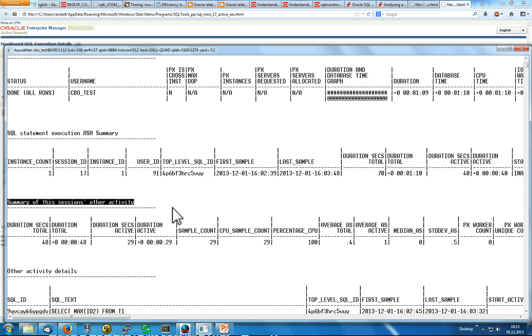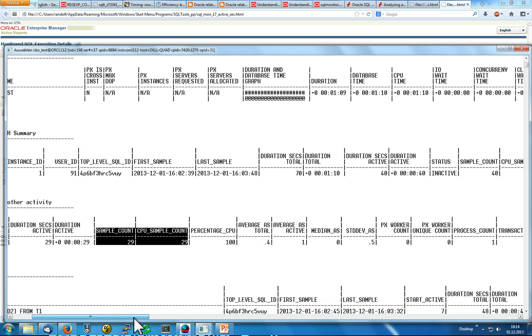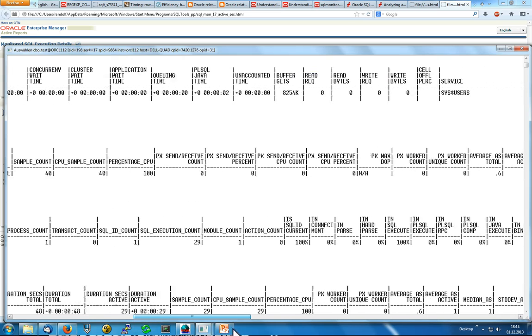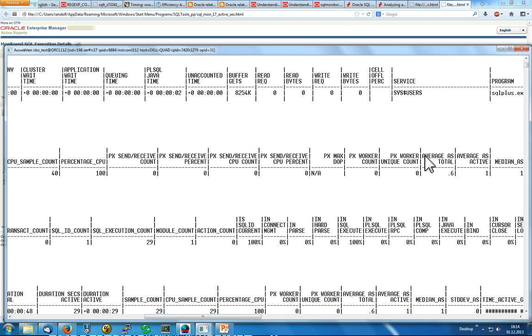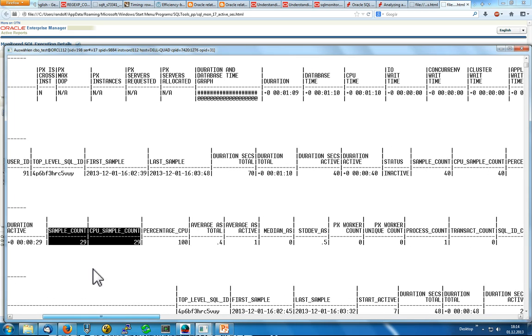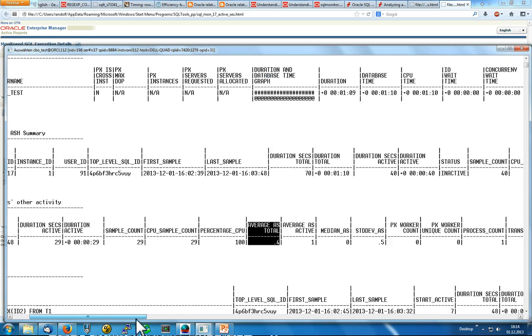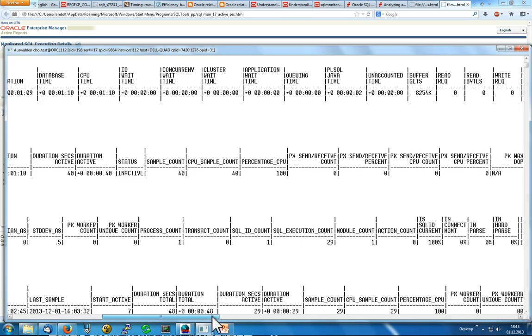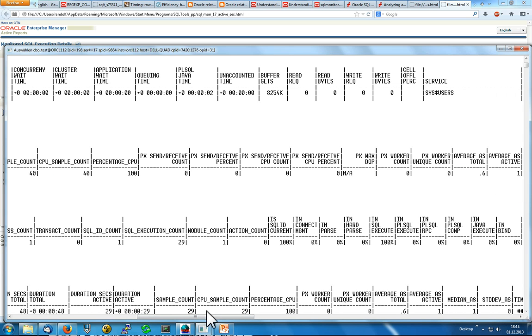But now if explan finds any other activity of this same session, then you will get this other activity information, and in this case we can see that 29 other samples of activity were found, so that in total we can see here 0.6 average active sessions for this SQL ID, and 0.4 average active sessions for the remaining other activity of this session. We now have a complete coverage in this case of the session's activity,